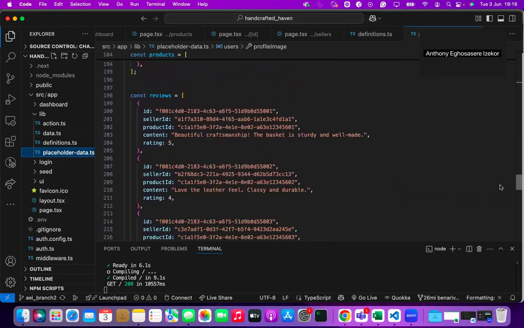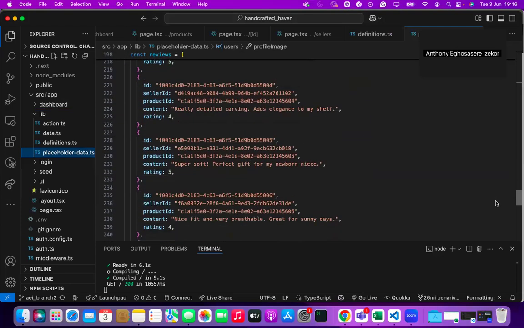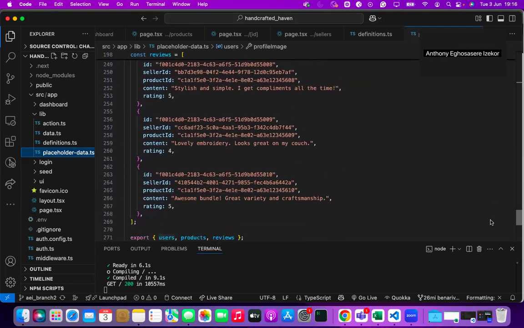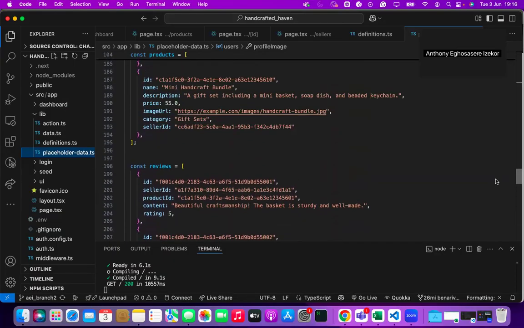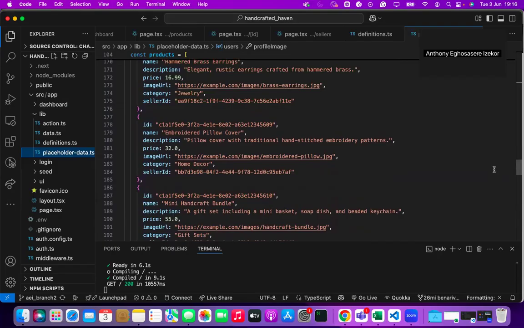Since we'll be creating reviews as from the instruction, we are going to be creating more reviews. So we should be able to create a fresh review apart from this one that has already been seeded into the database. And we should be able to change this description. If you read the code, you'll see how I did the image. Some of the images were collected randomly online, so some of the descriptions do not perfectly fit them. What we should be able to do now is that a user should be able to go and edit the description